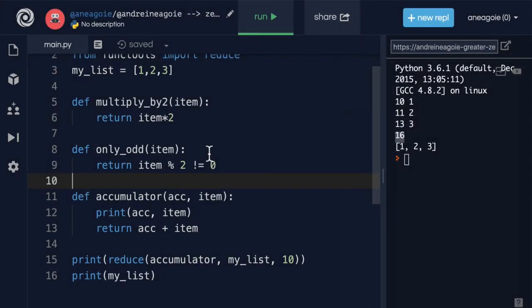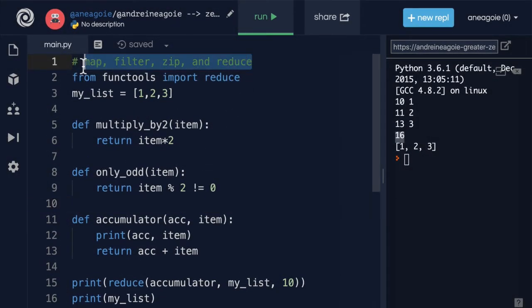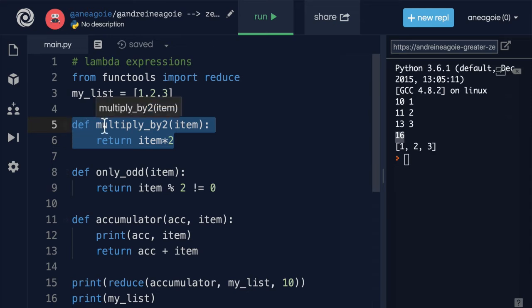Welcome back. Let's talk about something that I really love, and it's called lambda expressions. Lambda is actually a computer science term that really is compatible with this idea of functional programming. You see, lambda expressions in Python are one-time anonymous functions that you don't need more than once. What does that mean? Well, lambda expressions are really useful when you're using them for functions that you only use